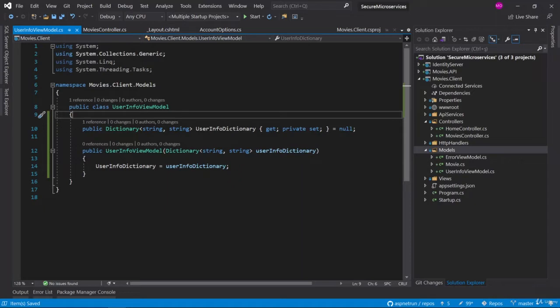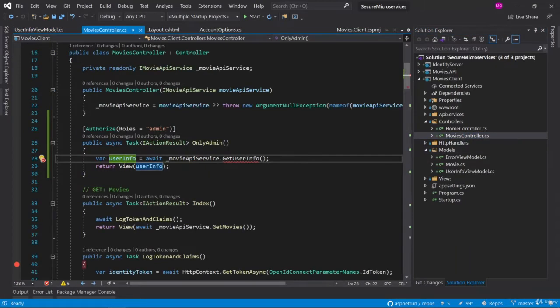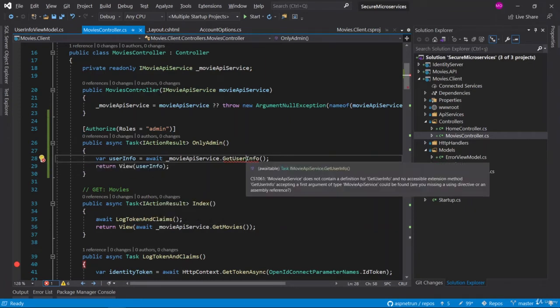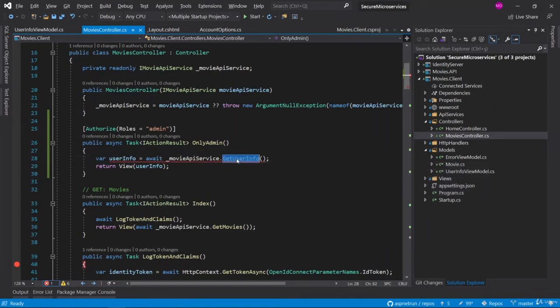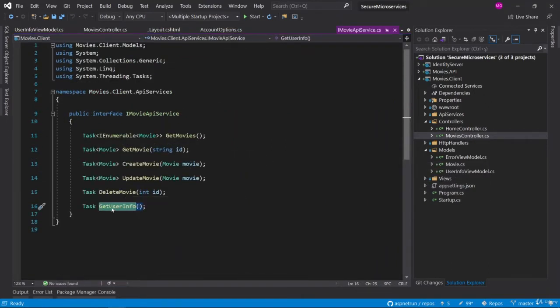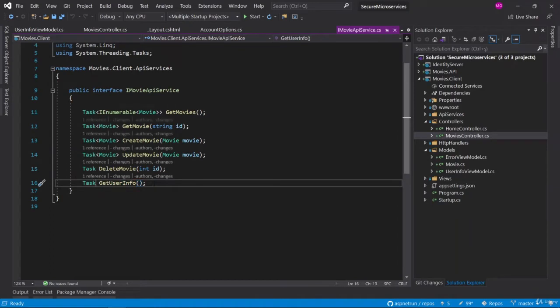So now I am going to add to the movie API service in order to get user info. Let me come here. We should implement this get user info. For that purpose, I'm going to generate the code. Yes, it is generated. Go to the IMovieService. Yes, we would like to return a view model whose name is user info view model, which we developed a few minutes before.